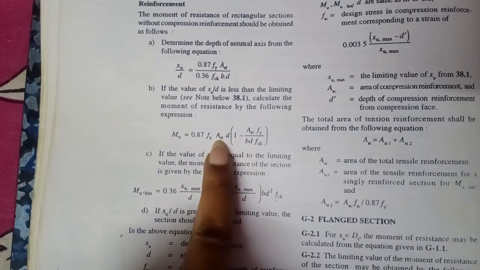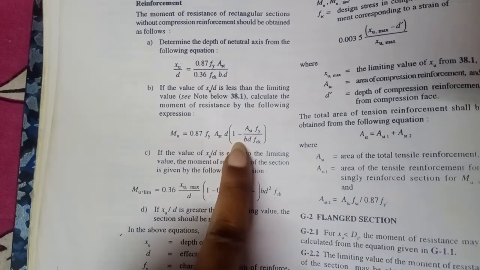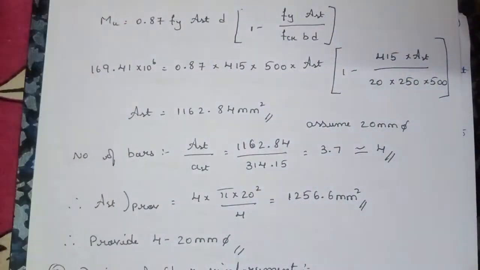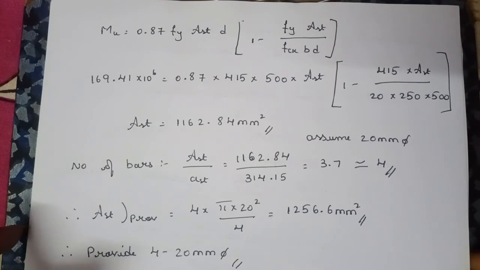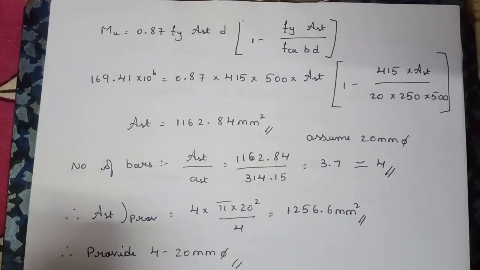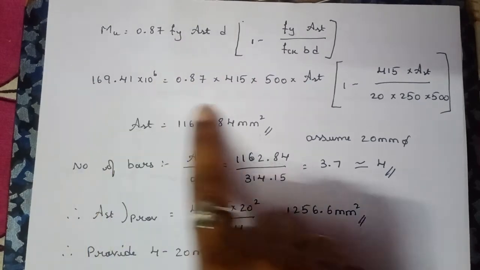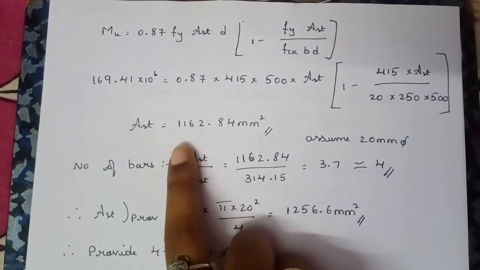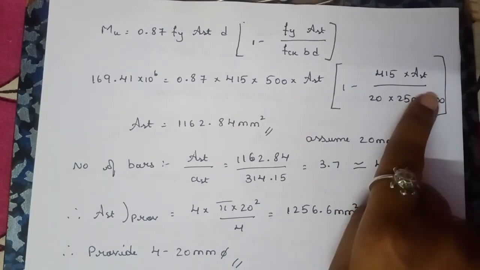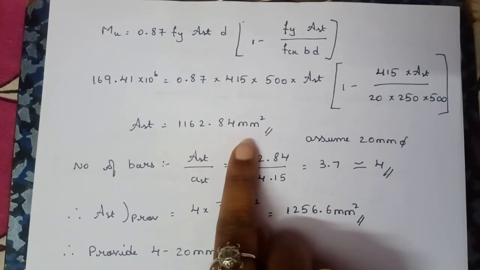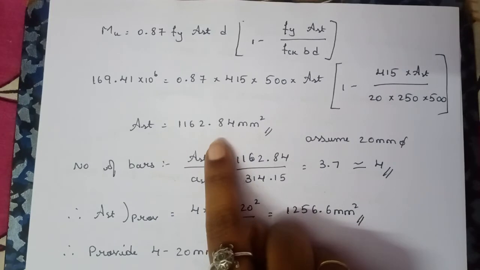In the whole equation, AST will be unknown. We will calculate the area of steel in the tension side. Same thing here, we have substituted. We know what Fy, Fc, K, B, D are; AST is the unknown. We will substitute it, and the moment also we calculated, so that only in the equation AST is the unknown. We will find out what AST is. If you calculate this, you will get this answer.